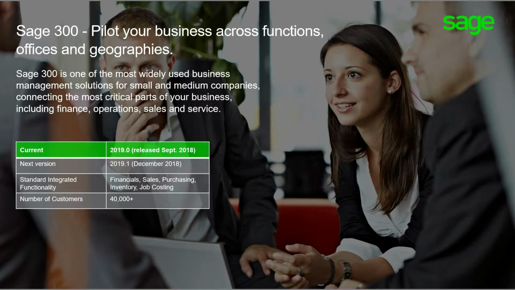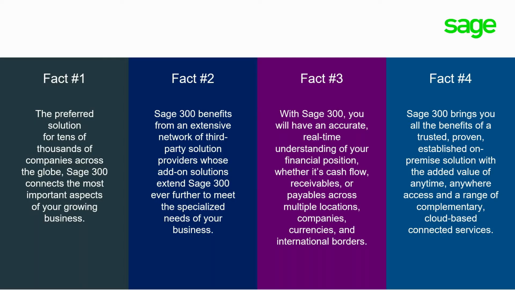We just released the 2019.0 at the end of August, and the 2019.1 we released in December in North America and usually rolled out about a month later in Australia, so it'll probably be about January timeframe. The key facts for Sage 300 is that we are supporting businesses around the world, whether individually or also with